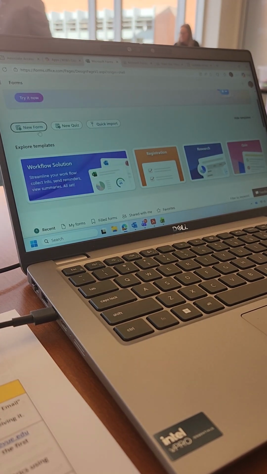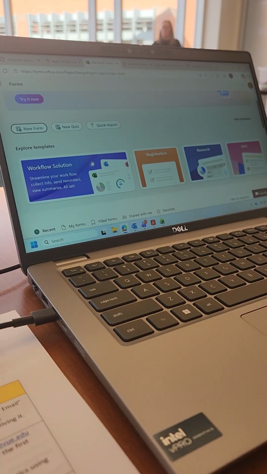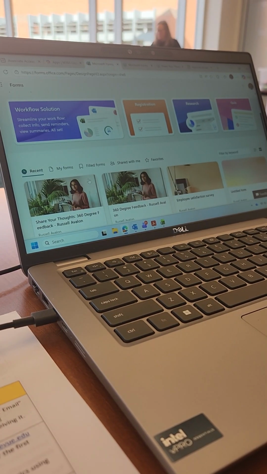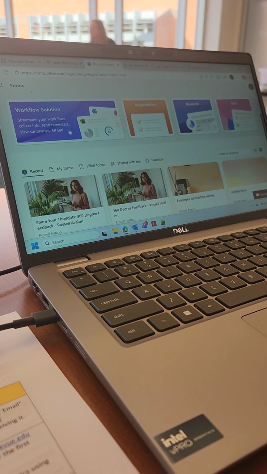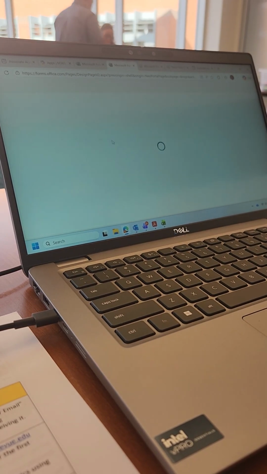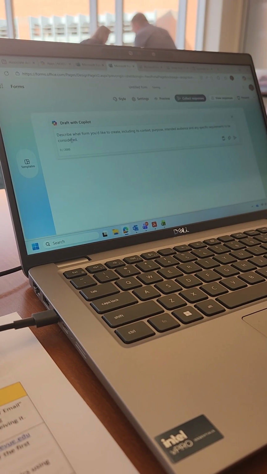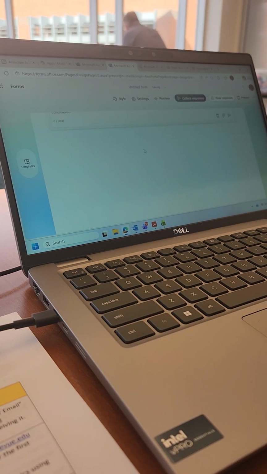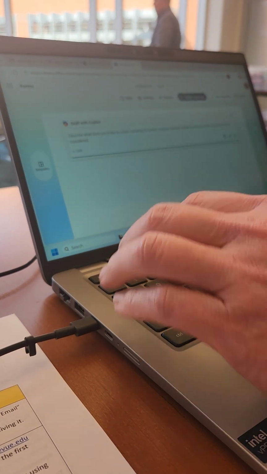You can create a new form, a new quiz, that quick way, or import. I'll go into these later. That was my examples that I sent out. So you go into a new form, describe what kind of form you want to create. So it could be